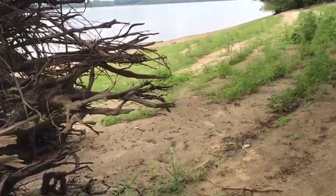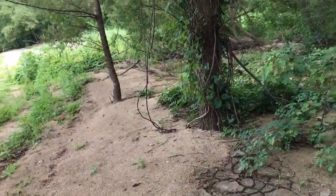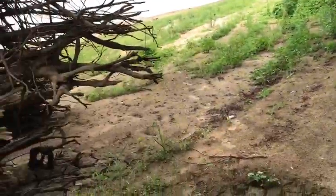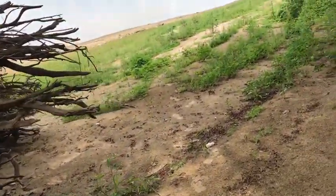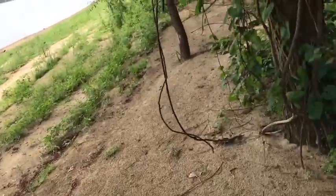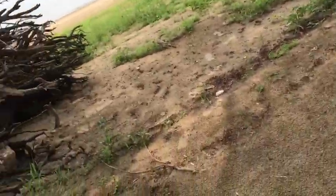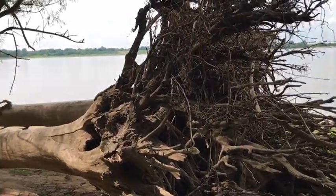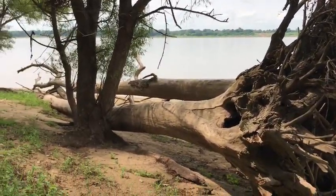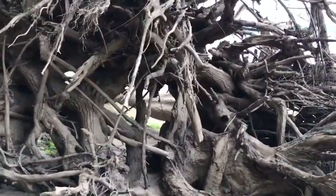And I don't even see a spot where that came from. So that possibly washed all the way down from somewhere else. Because I don't see a spot where that would have come out of. It didn't come out of right here. There's nothing, no place where that would have come out of. So it probably washed all the way down from, well,